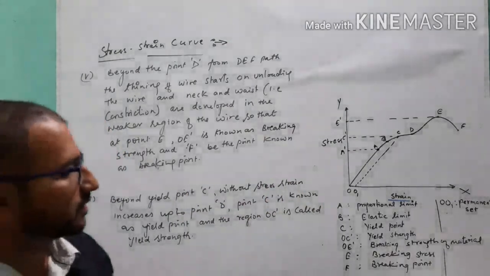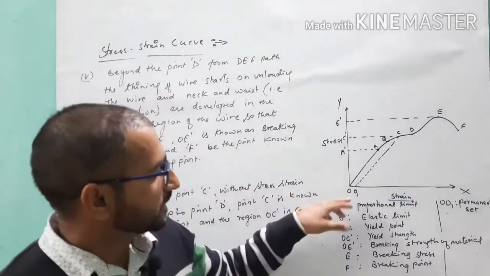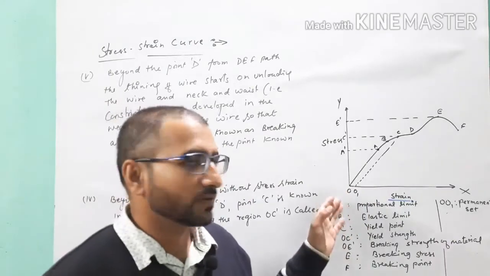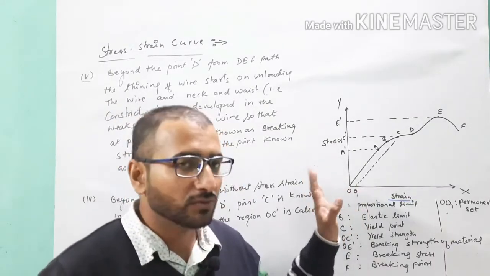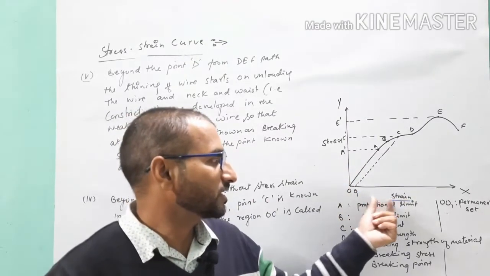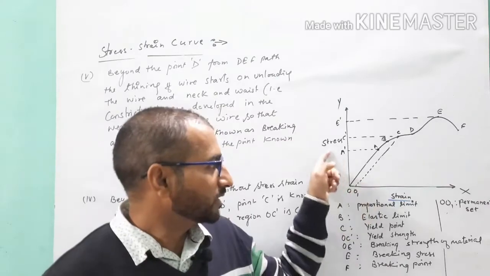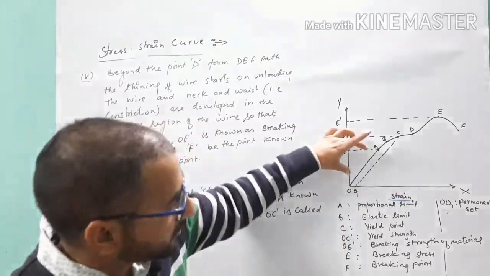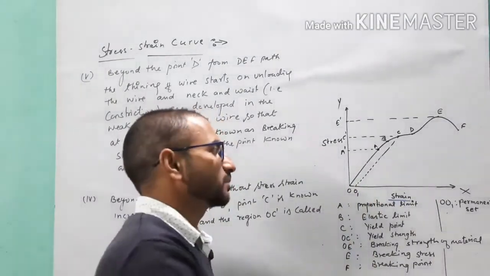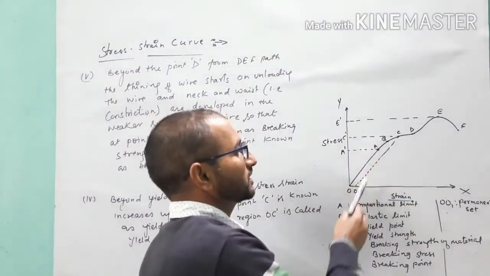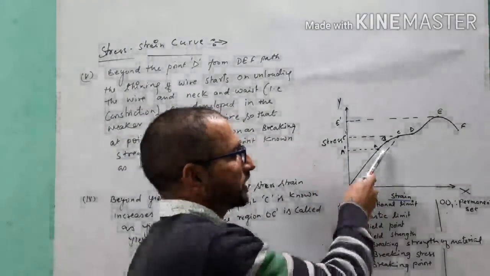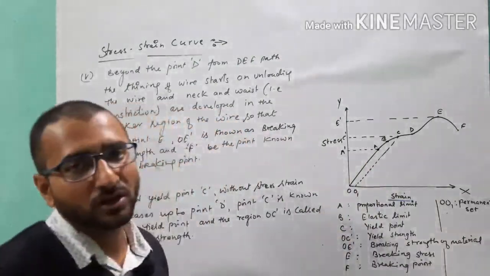I will repeat the whole discussion in front of you. So see, initially when the deforming force is applied on the given wire, as we know, on applying the force, strain is there. When we increase the stress, strain also increases, but they are proportional to each other. So from the graph, OA is a straight line, which represents the proportional limit. This point A represents the proportional limit, in which stress is directly proportional to strain and obeys Hooke's law completely.